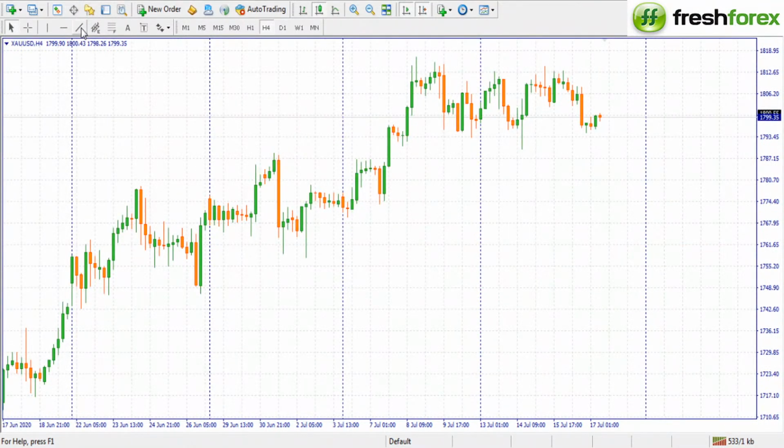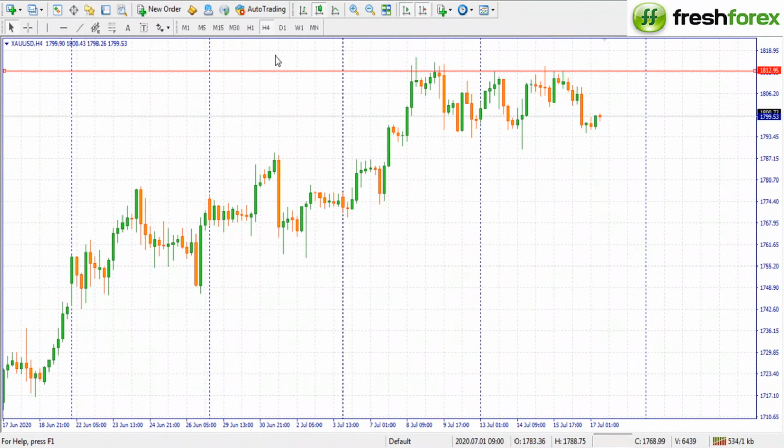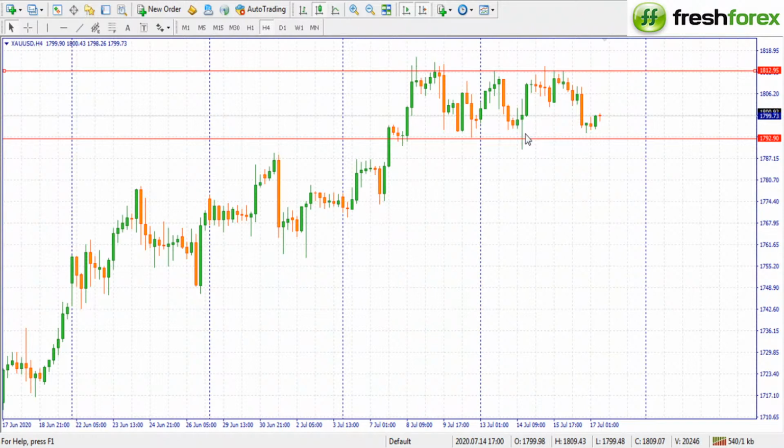We have a resistance here, and then we have a support here. We had a resistance, we had a resistance, then we had a support, we had a support. So as it is now, we want price to come back to the same place. We want price to try declining up to 1792.90,